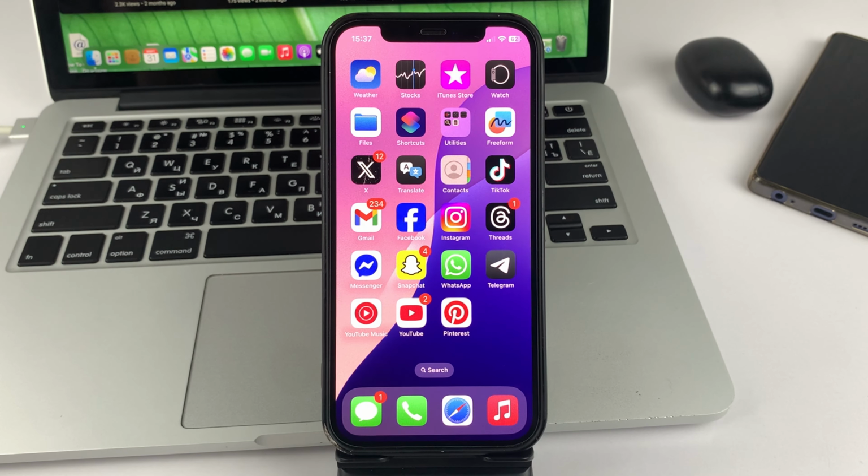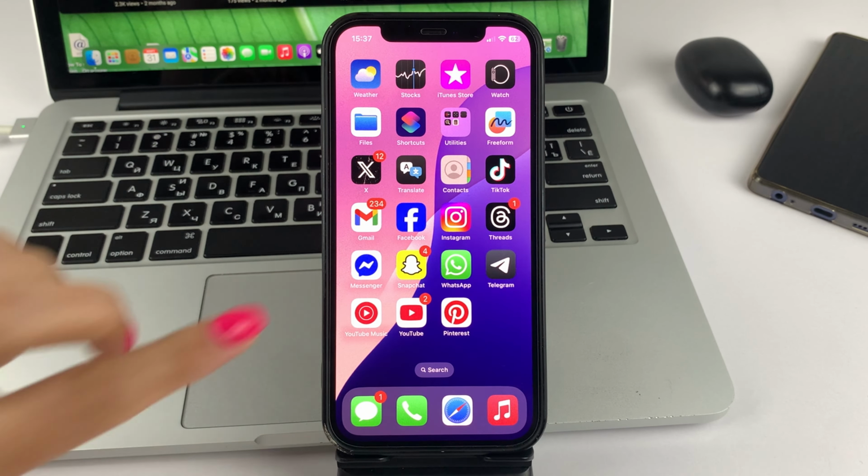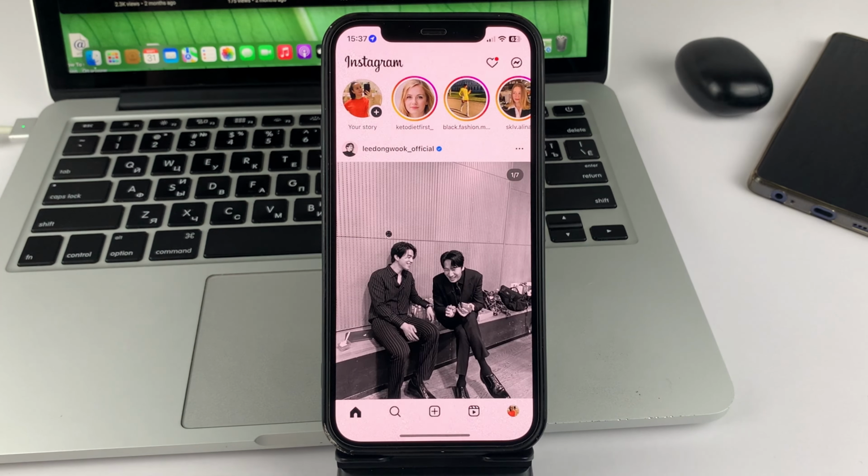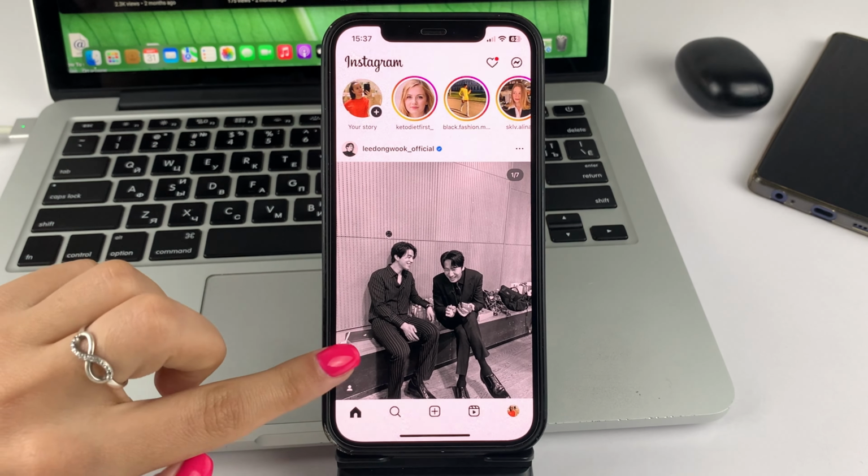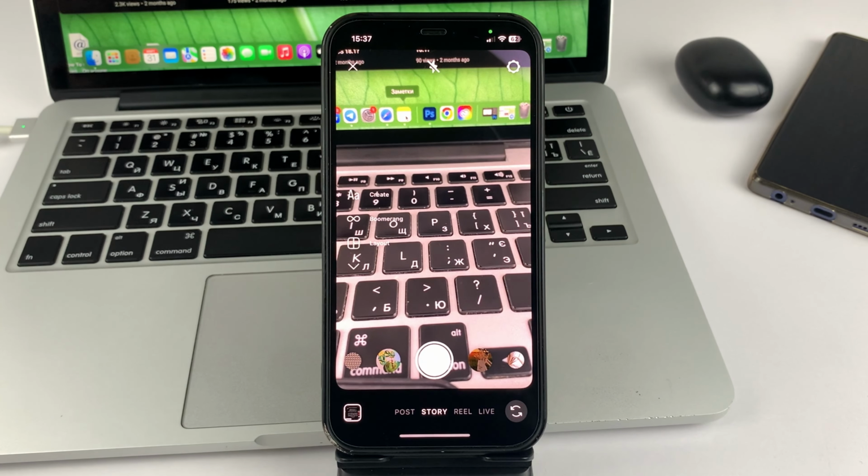Let us get down to our topic today. And first of all, please open up Instagram on your device. After which, please proceed to create a story. And now, friends, you will need to go to the Reel Shoot or Reel section. Because in the Instagram app, the option that is responsible for the timer is only available in Reel.